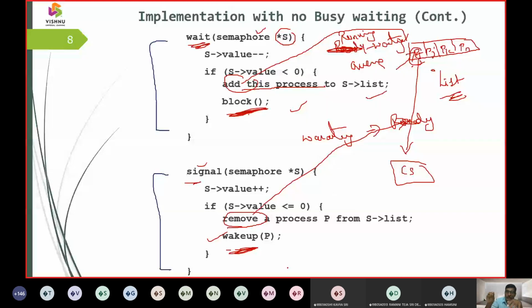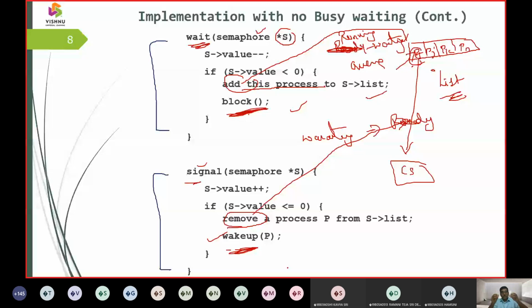It uses a singly linked list, and each node has a value and a pointer variable. After Pi, who is next? Pj. After Pj, who is next? Pk. In this way, it makes a chain using a pointer variable that it maintains as a list. Okay, the first job is done.